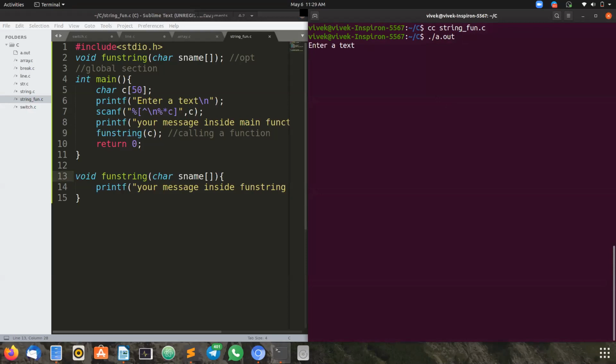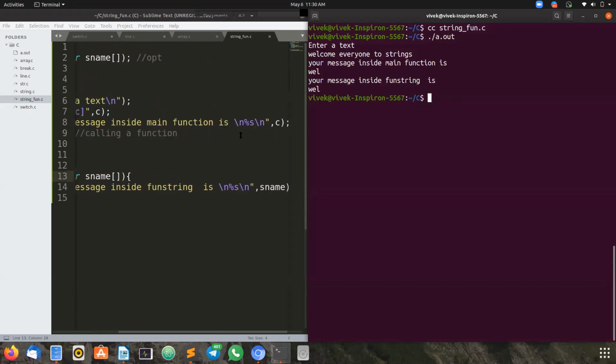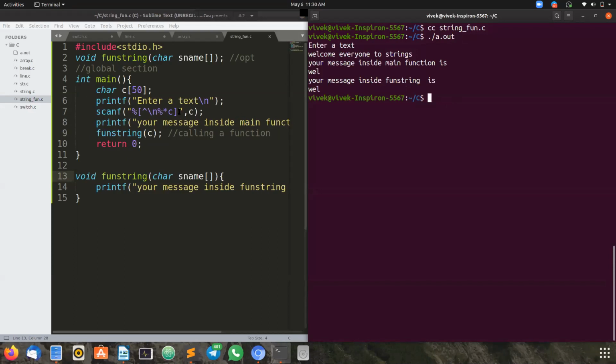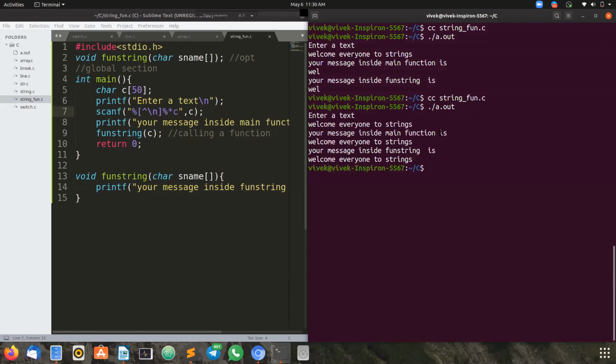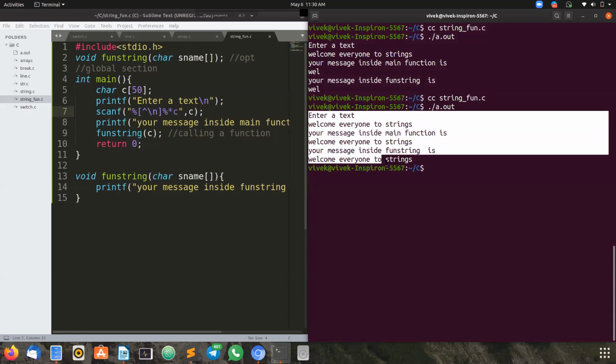Now it is asking us to enter a text. See, now I'm highlighting the output.